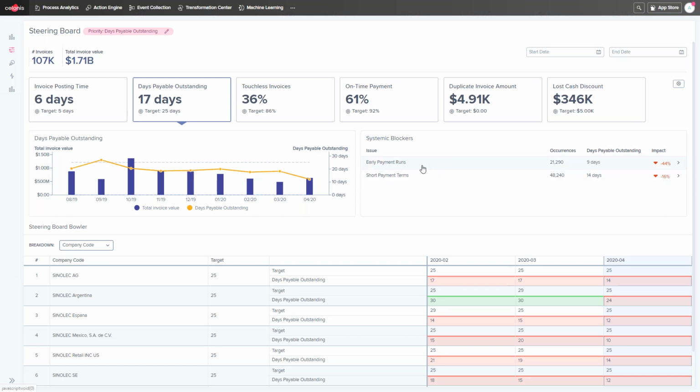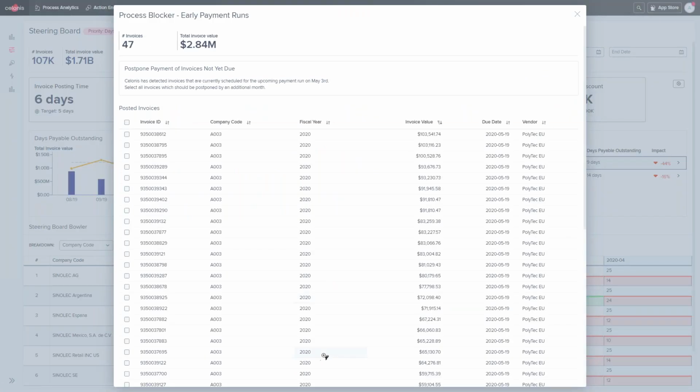All right, so now that we've seen how this changes the way of work on a manager's level, so tackling systematic issues, let's take a look at how this also changes the way or the